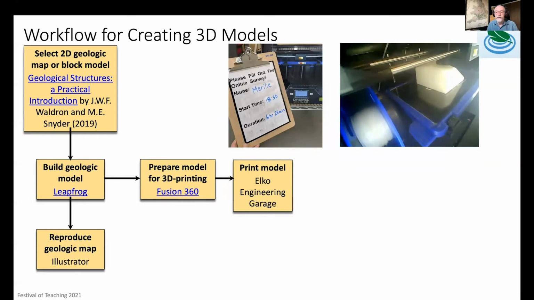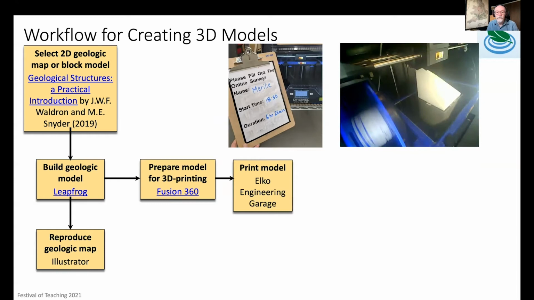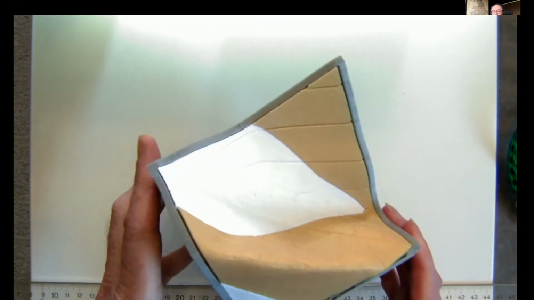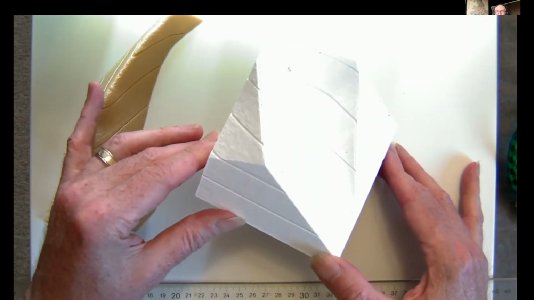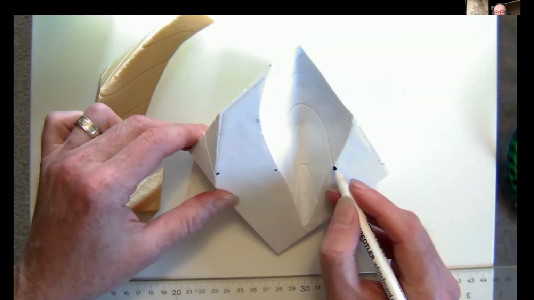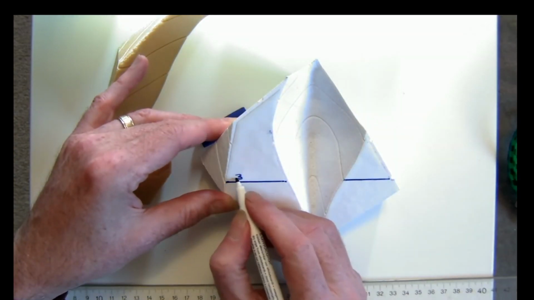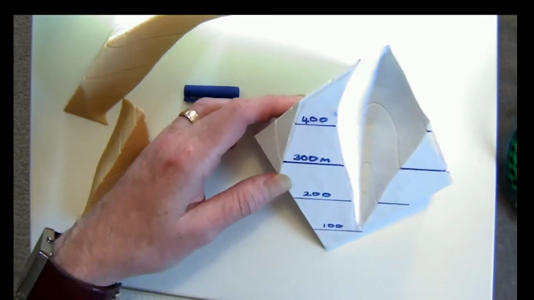And here is the model being built in the engineering garage. It lays down layers of plastic to gradually build the parts of the model. And this is a speeded up image. It takes several hours to produce each piece of the model. So then we install magnets and we apply whiteboard paper to some of the surfaces so that we can work on the surfaces. And we can replicate in 3D the structure contour process that the students find so abstract when they carry it out in 2 dimensions.